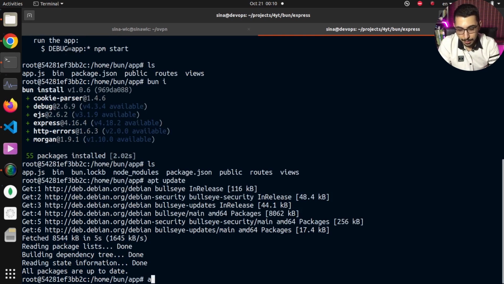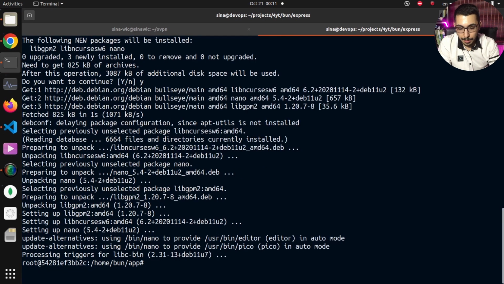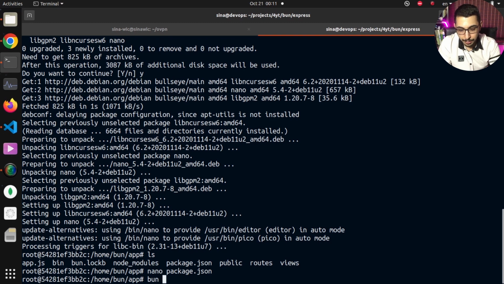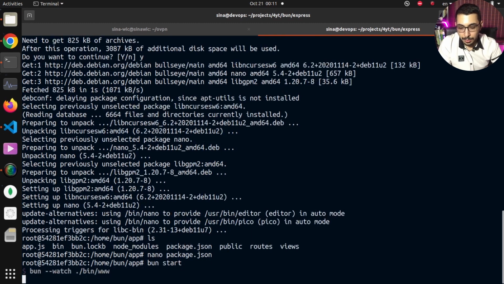I'll say apt install nano, and if I say nano package.json, over here in the scripts section, on the start script, instead of node ./bin/www, I'll change this to bun, and I'll pass --watch to enable hot reloading for the project. I'll hit save, and now if I say bun start,